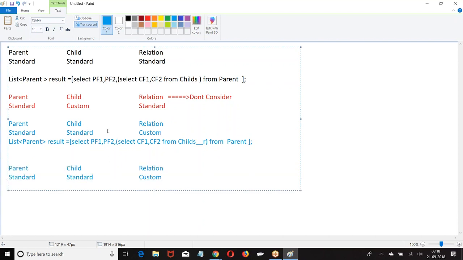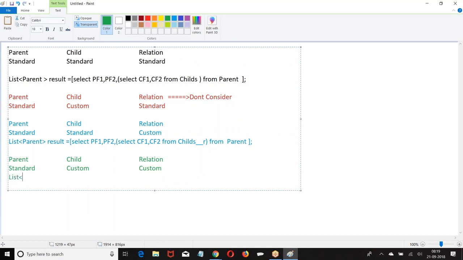No. Custom. Is it accepted? Yes. Standard object and custom object can be connected by a custom relation.